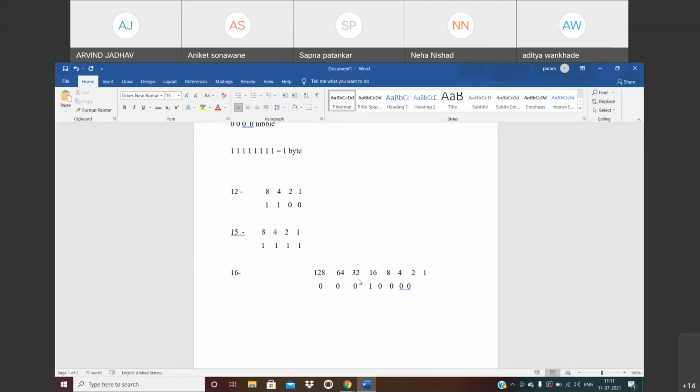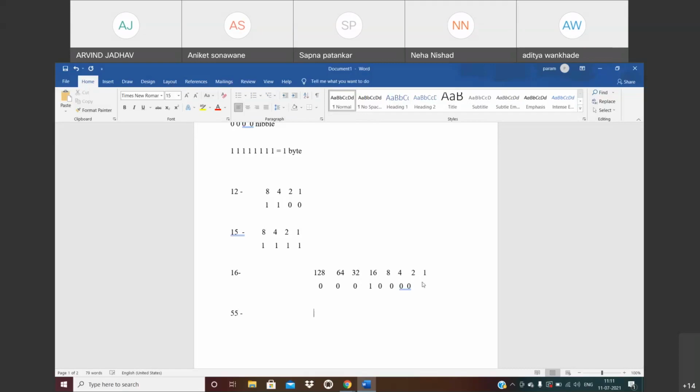So similarly, we can calculate the binary of 55. So here is the rule. For 55 we need to do the addition. 32 plus 16 is 48. 48 plus 8 is 56, which will not be considered. 48 plus 4 is 52. 52 plus 2 is 54, and then this one is 1.